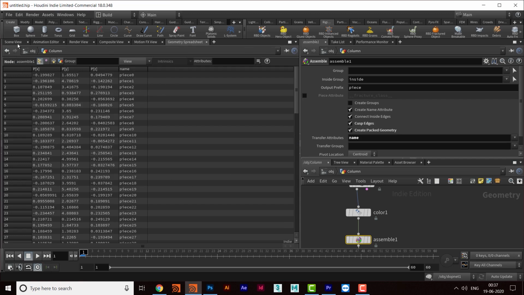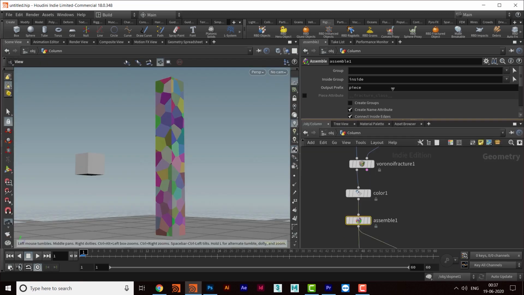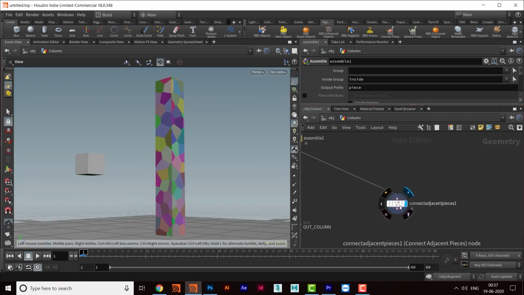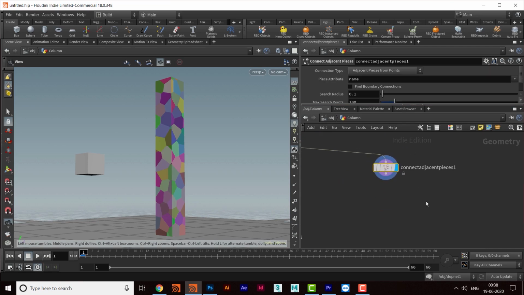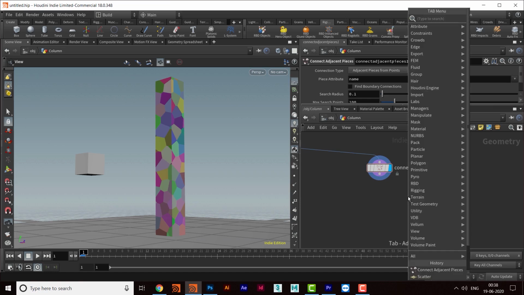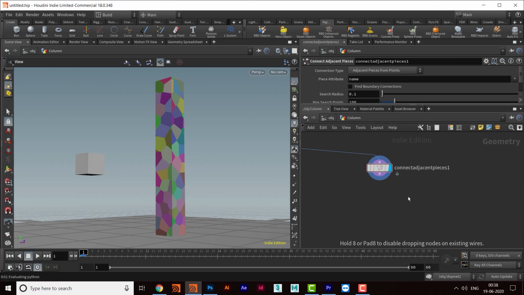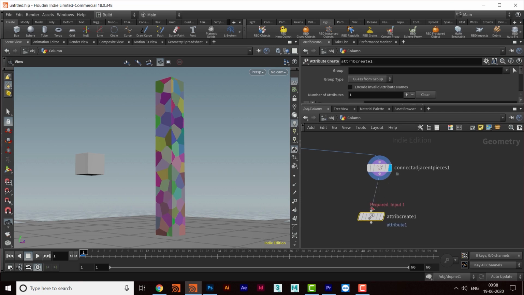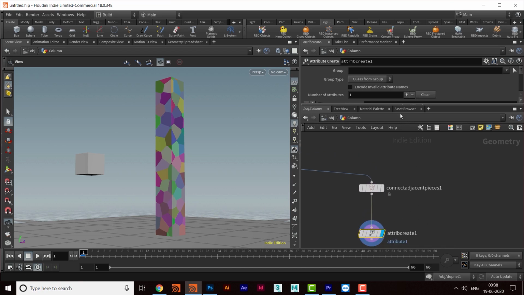So this is creating the name attribute for that. Now I will create the constraints for that. For creating the attributes, I will take an attribute create and connect it to the output.